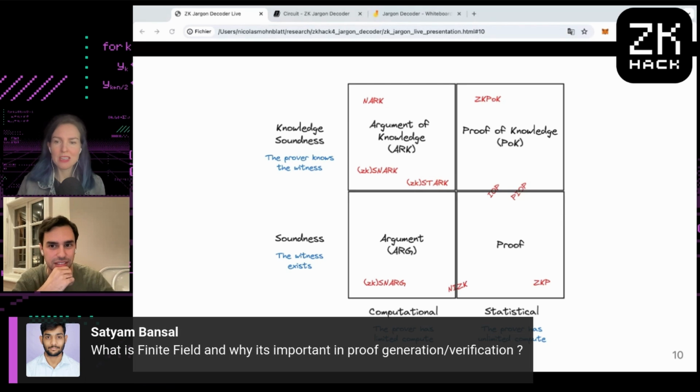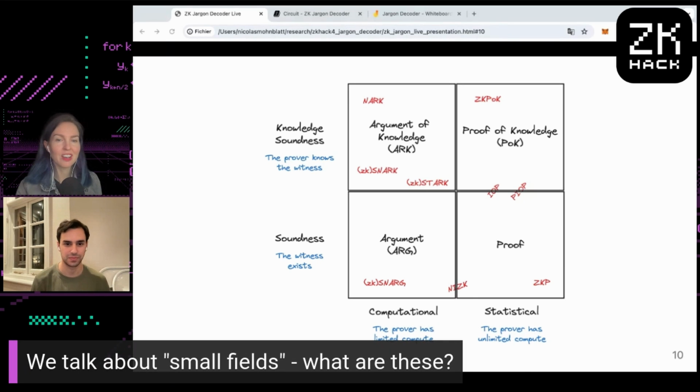And when we talk about small fields, I actually have a question for this one. Are these always small finite fields still? Yeah, they're still finite. And that's why they're small, right? Not all finite fields are small fields. No, exactly. But the small ones have to be finite. Otherwise, if it's infinite, then it's big, right?